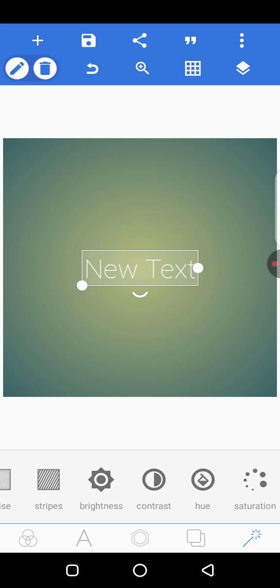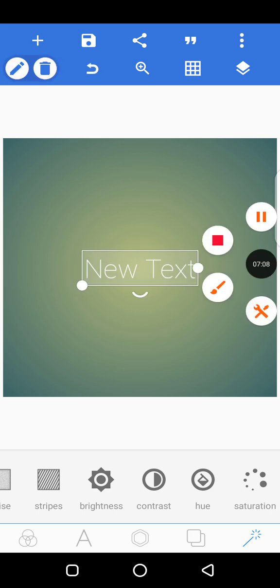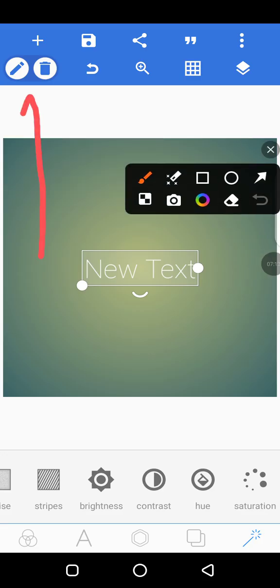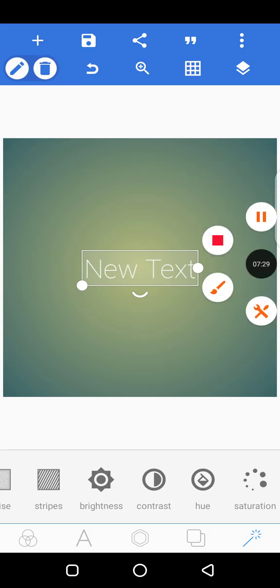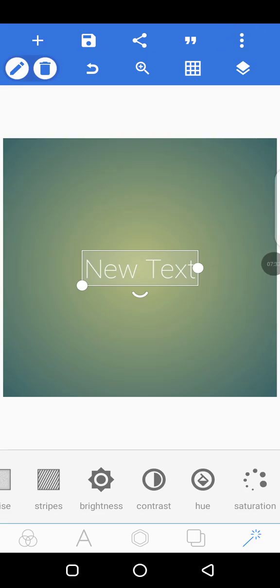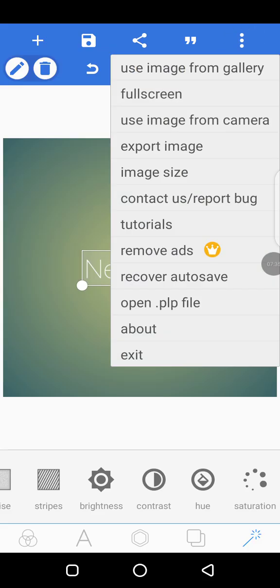Now if you select an icon, the general Pixel Lab icon here changes to default options, whether you want to edit it, that's the pen, or you want to delete it altogether. So this icon, like an open basket, is your delete. Now let me say the last thing on these 3 dots here. If you open it, you will see that's where you can change. Now you can just get an image from your